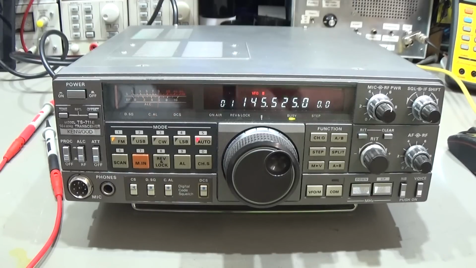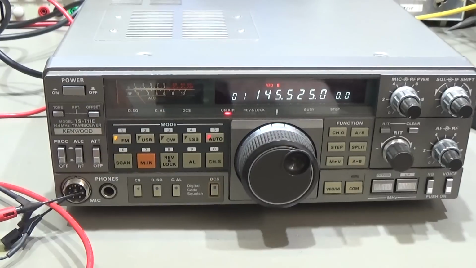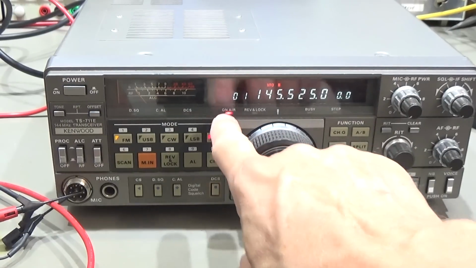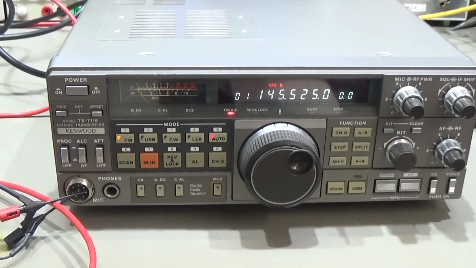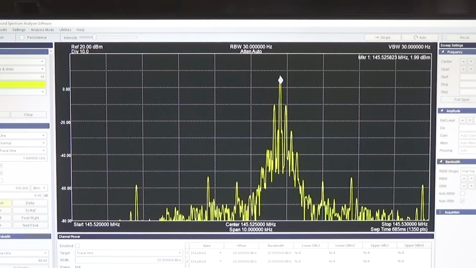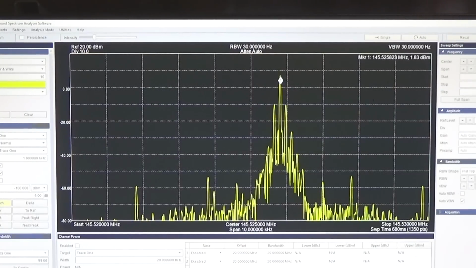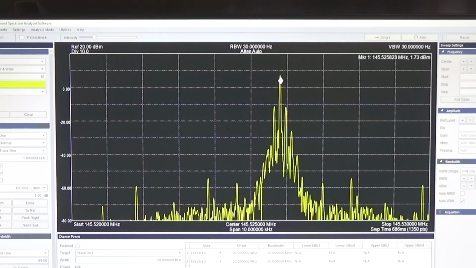Okay, and that all means we really have to crack open the radio and have a look at the power amplifier, or final stage, however you want to call it, and let's see what's going on. Okay, and the radio is set into transmit, as you can see, and just to get a clearer picture of what's going on here, we have our